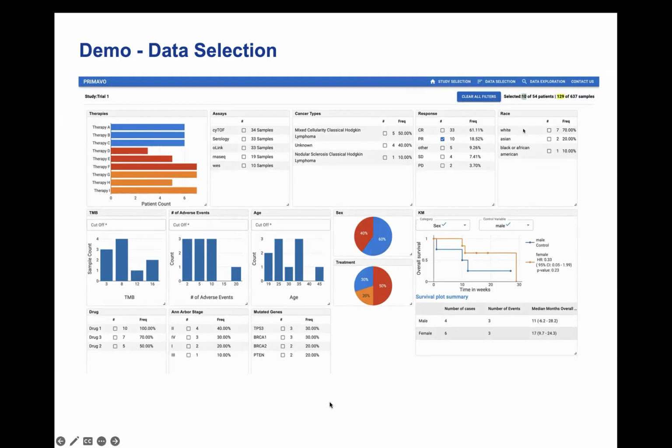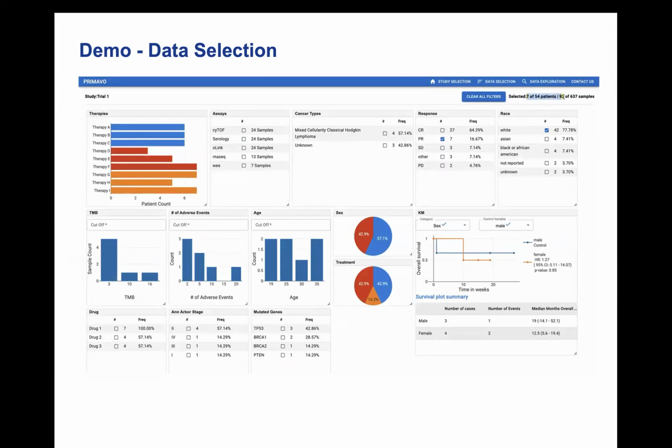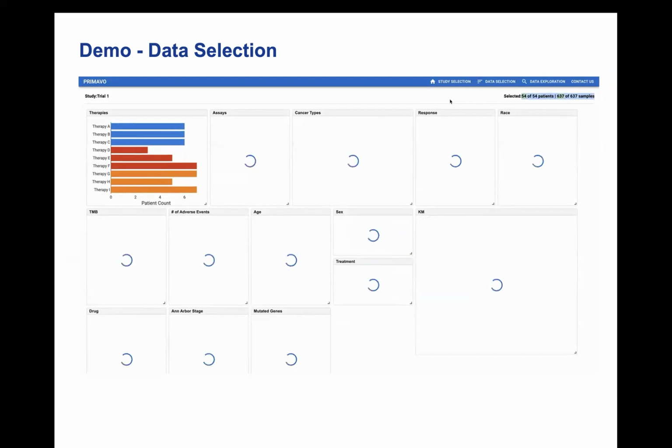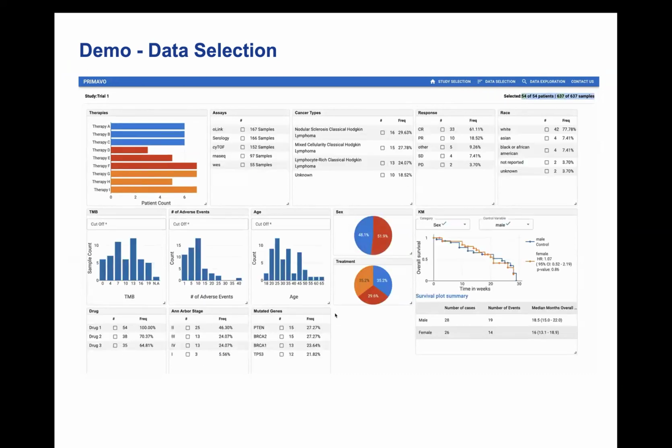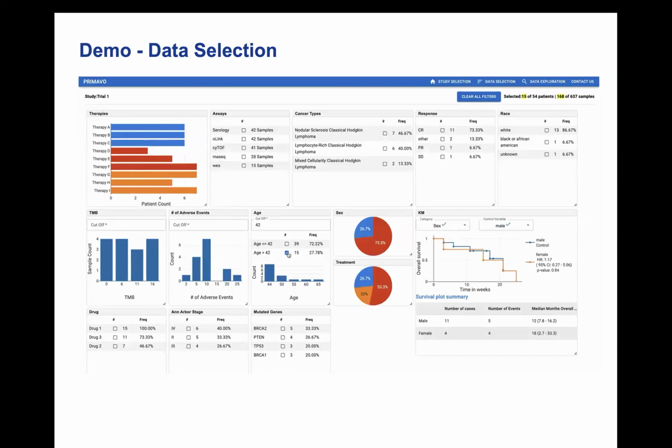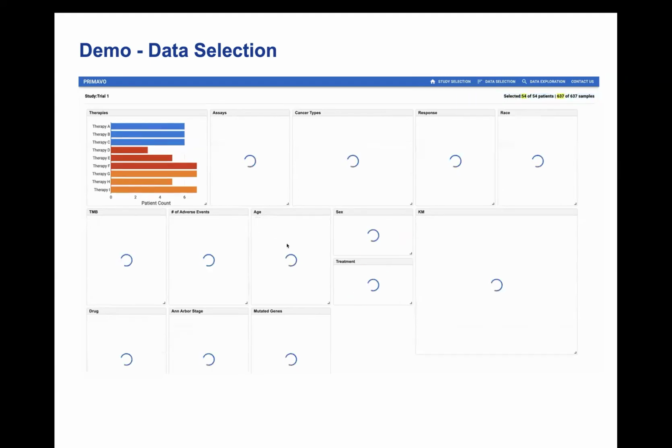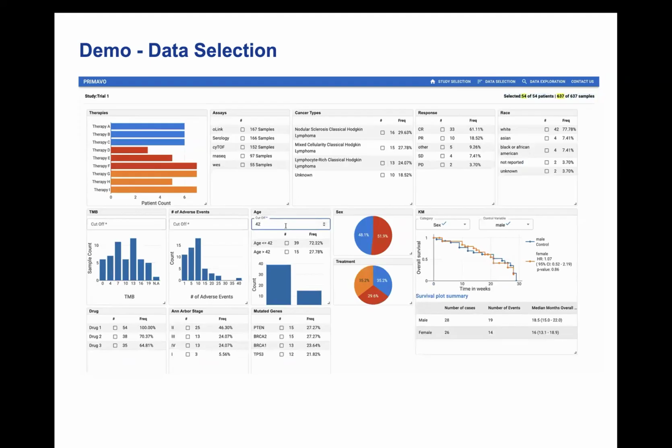And we can also look at, for example, different demographics. If we're interested in individuals with European ancestry, for example, then we see how many samples there are and how many individuals there are. And we can also clear all the filters. And we can provide specific age cutoffs if we want to look at, for example, only people younger than 42 or older than 42. We can do that, or any arbitrary age cutoff that we want to have. We can choose from the interface. So it helps us subset